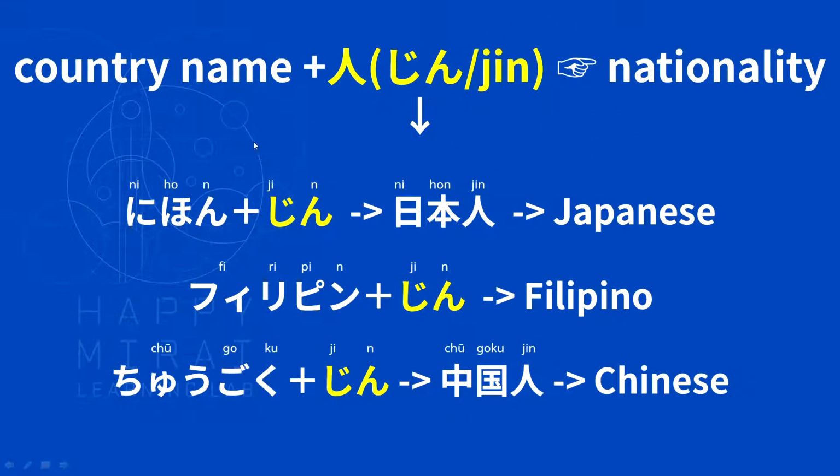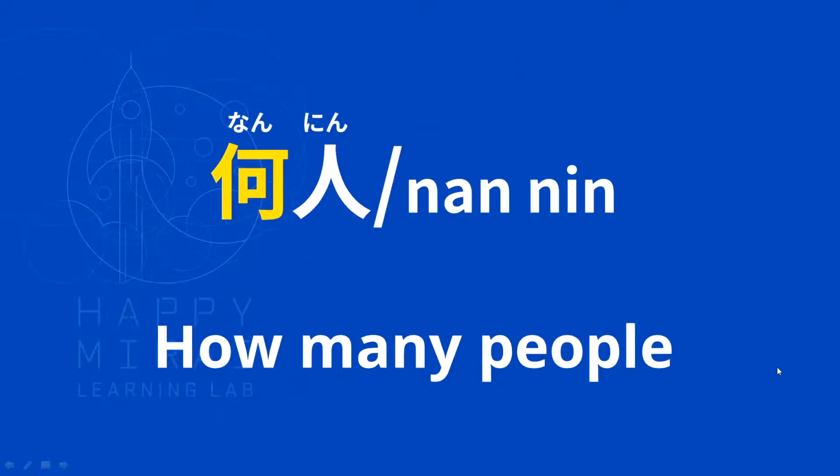For example, these three examples on the screen. 日本、日本人。フィリピン、フィリピン人。中国、中国人。So this is how you come up with the nationality. For example, I live in Singapore. シンガポール、シンガポール人。